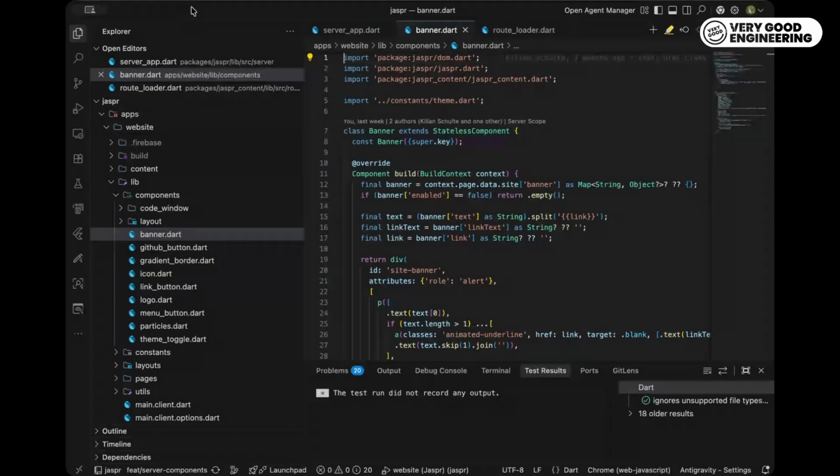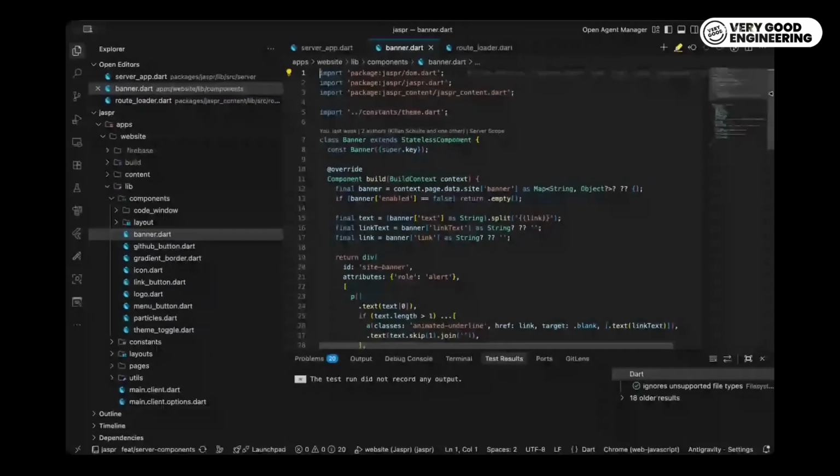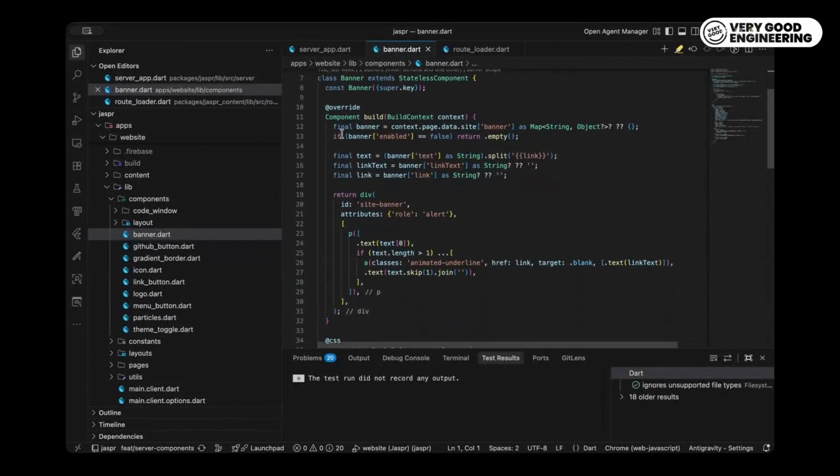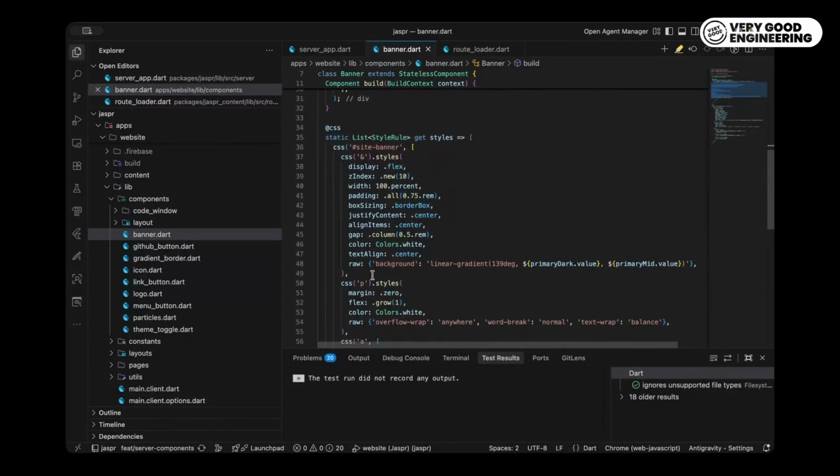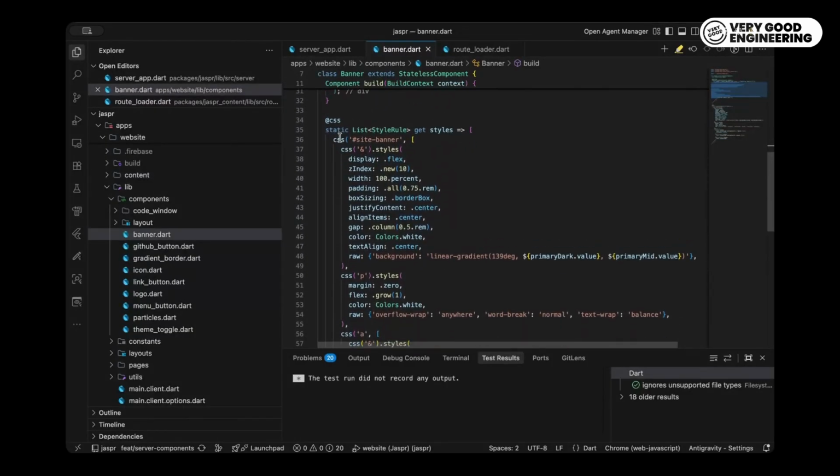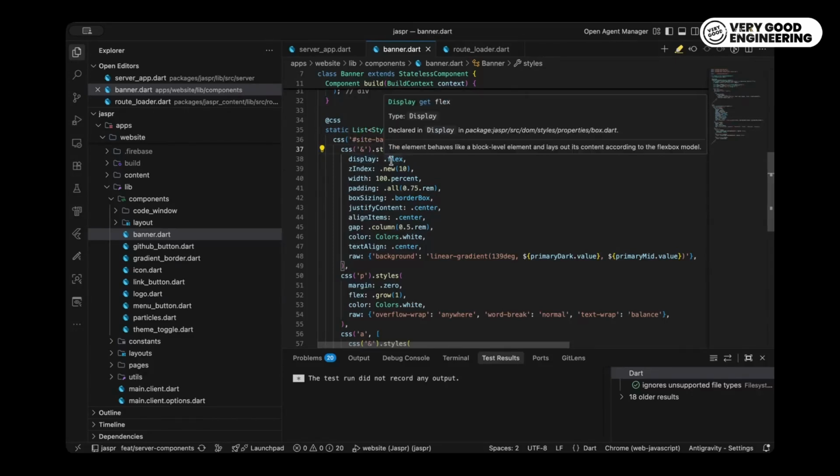So this is an example from the Jaspr website where I use this system. You have your component, you have a build method, and then below it you define your styles. You can think of it as writing CSS, but in Dart. The nice thing is all of these properties are typed, so you get auto completion and type safety, and from my perspective it's a really nice way of writing styles while still being in your Dart component system.